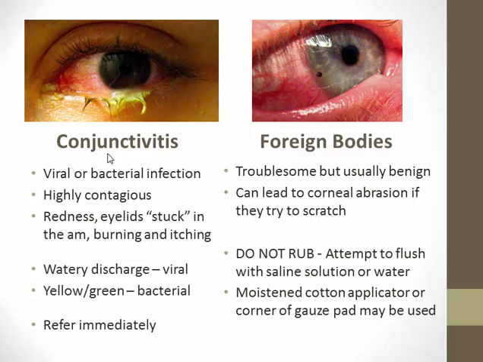Some other conditions, conjunctivitis. Sometimes this condition could simply be caused by mechanical irritation or allergy, but most commonly a bacterial infection. How can you really tell? Well, look at the color. If it's a viral infection or maybe no infection at all, you don't really have much of a discharge, everything is clear. But when you see some yellow or green gooey stuff around the eye, then that would certainly indicate